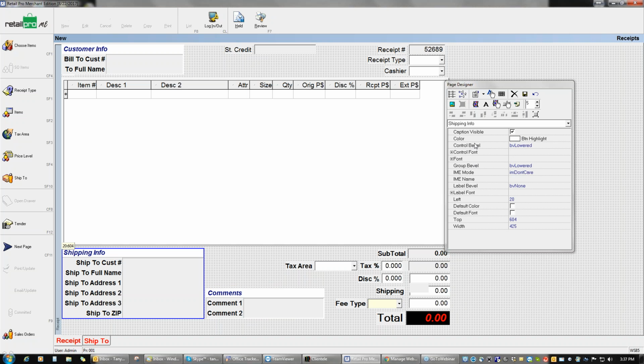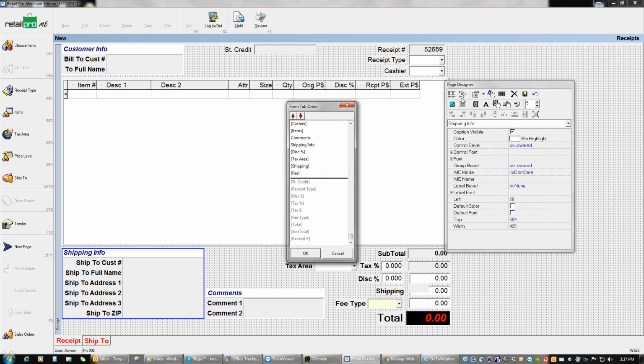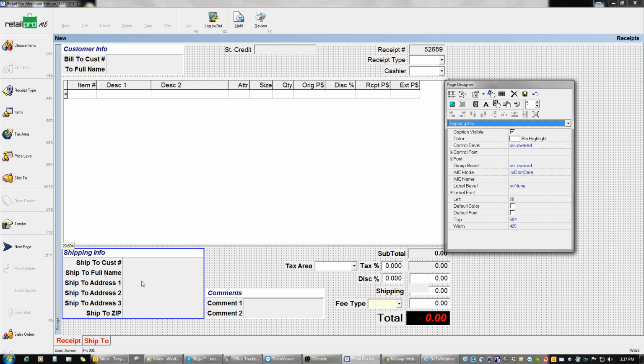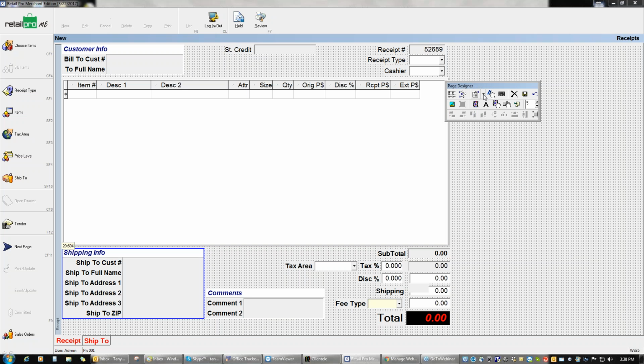If I click on this grouping and I click on the tab order, then it's going to show me just the fields in this group and allow me to set the tab order for that group. So even though it's the last field, if I wanted it to start in the ship to zip code, in version 9 I could set it that way without having to move it up to the top. Okay, so just be aware of that. You do have a little bit more flexibility in version 9 with your tab order than we do here in version 8. Now, if you don't like seeing this little properties down here, you can close it up and